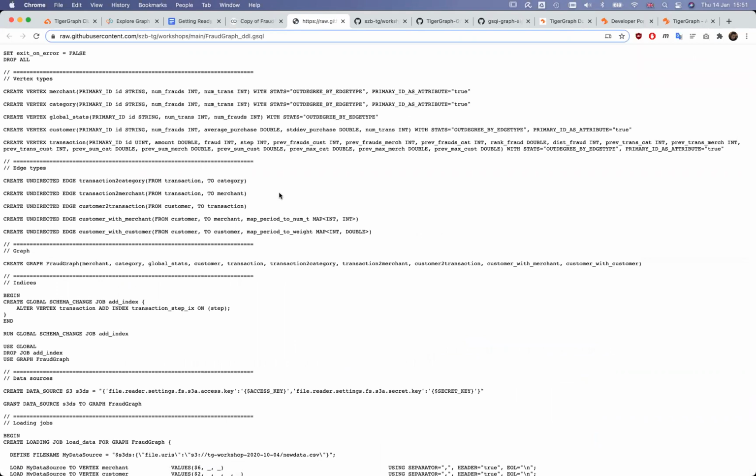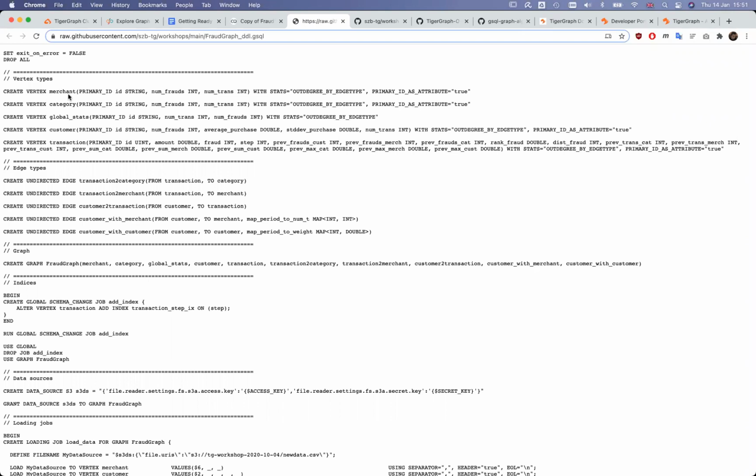As you can see, the first step in the script is to create vertex and edge types. And this is how you do it in a programmatic fashion. This is exactly the same thing as what we did when we were creating vertices and edges by clicking and dragging and dropping. This is actually what happens in the background. So in Richard's graph, there are 5 vertex types.